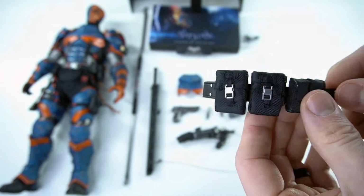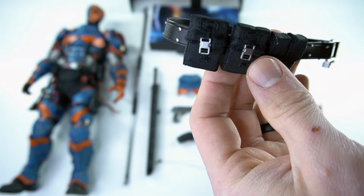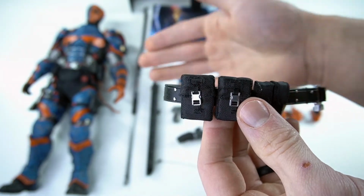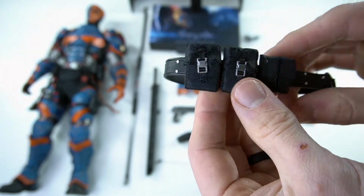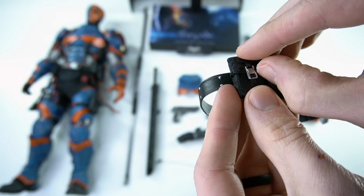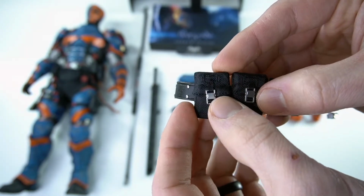Speaking of which, this is his little utility. I don't even know what you would actually call this. It's like a holster, but it goes over his chest. So regardless, because it's not a belt, his belt's already on there. This goes over the chest, and this is really nicely done. These don't open by any means, but they do have the buckles on here. And these are all actually individual,